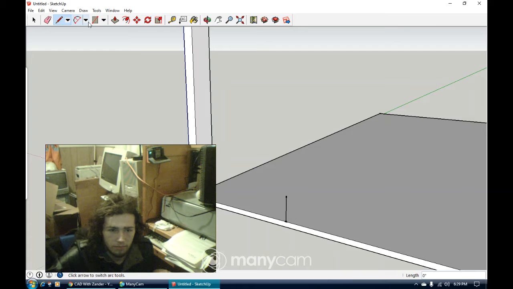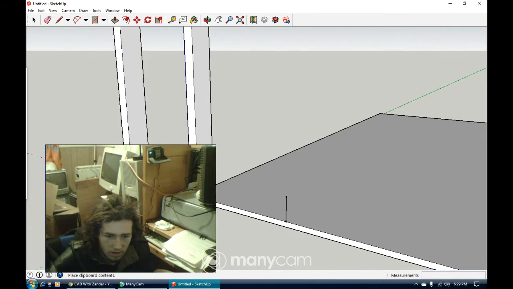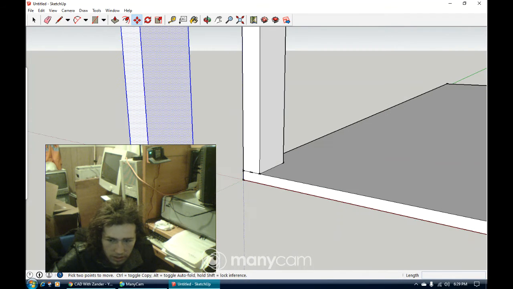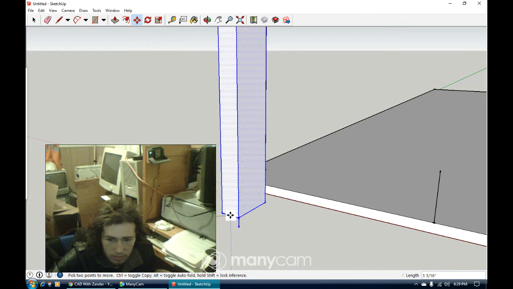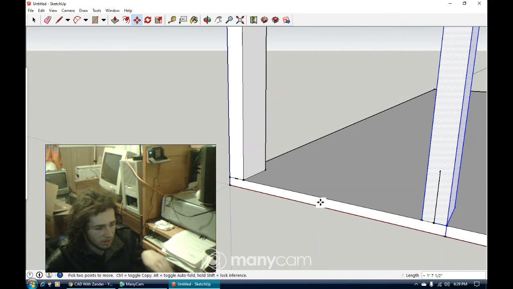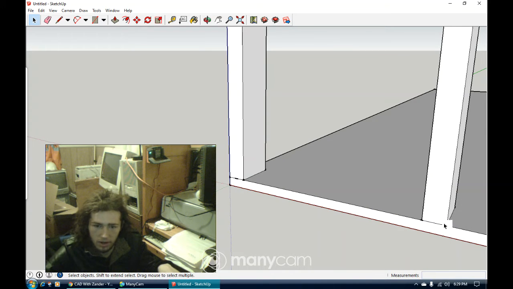So now we're going to paste another 2x4. And what you can do now is grab it at the midpoint and align that with your on-center mark. And then we are going to get rid of these, press delete,